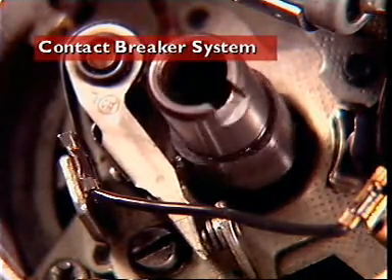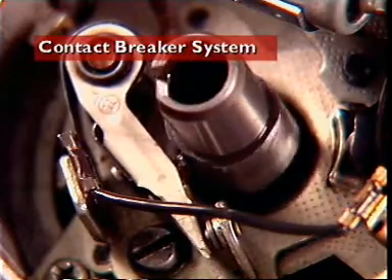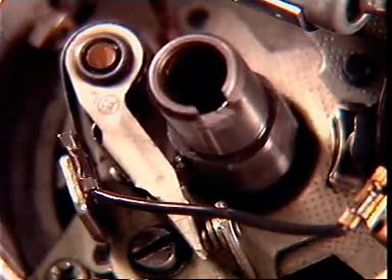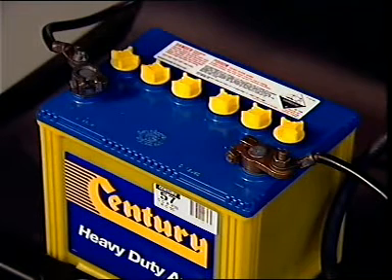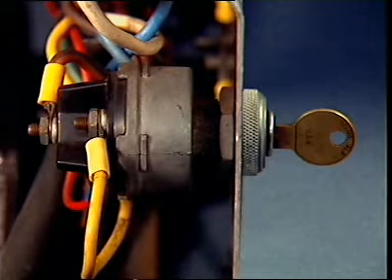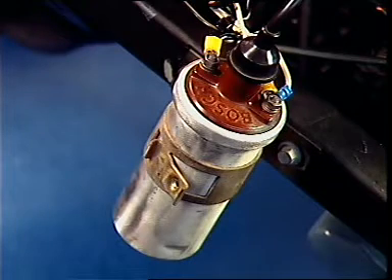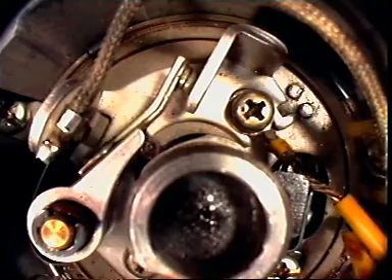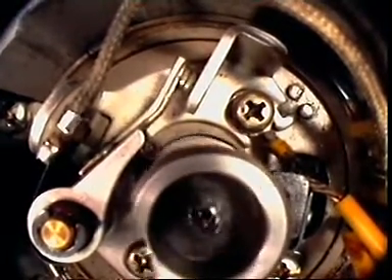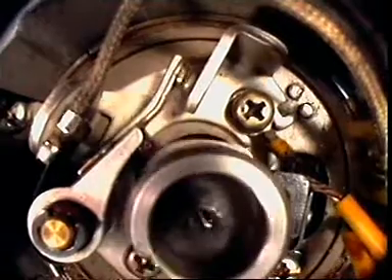Contact breaker ignition systems provide a simple means of establishing and interrupting the current flowing in the primary ignition circuit. A basic system consists of the battery, to provide a source of energy, the ignition switch, to provide driver control over system operation, an ignition coil, to provide a step-up transformer action, a contact breaker, opened and closed by lobes on the distributor cam as the engine rotates to make and break the primary circuit at the correct time in